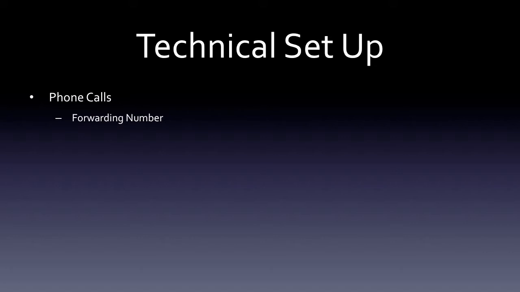Now, we want to use forwarding numbers in order to do this. So we're going to set up our own phone number, and this is the number that the customers we're reaching out to are going to call. This is the number that we're going to be putting on the classified ads and in the email autoresponder sequence. And we want to set it up so that when they call this number, they get forwarded to whatever business